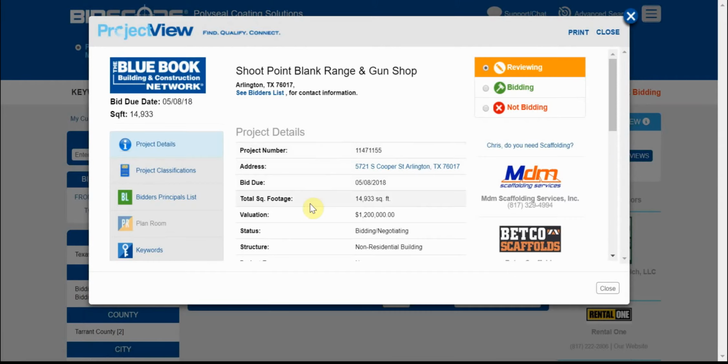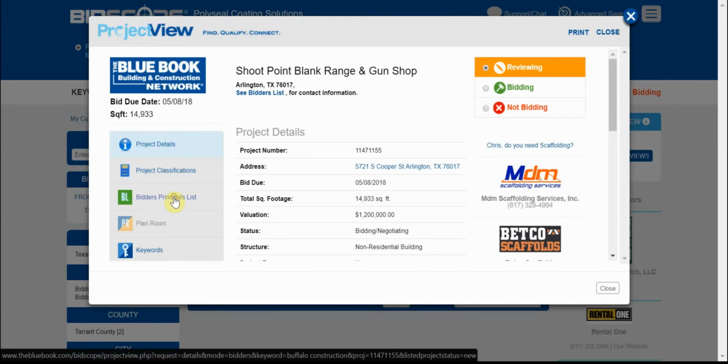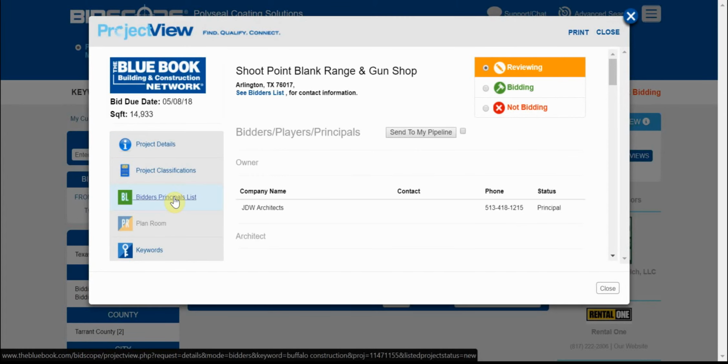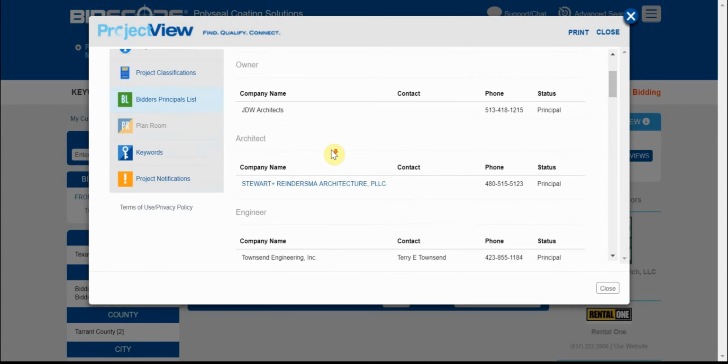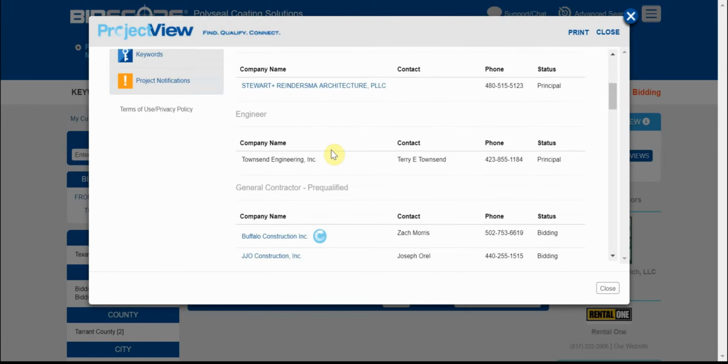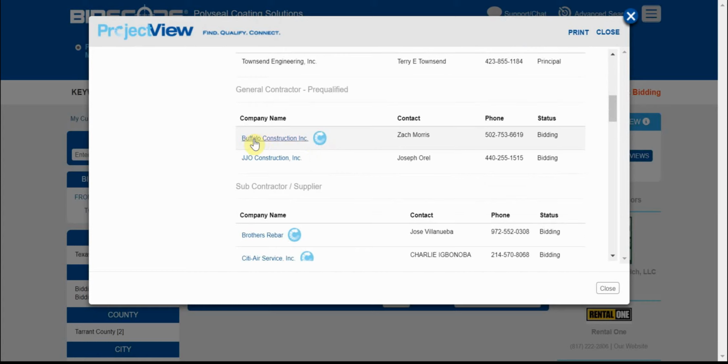Once we're inside the project, we're going to go over here to the bidders and the principals list and open that. And within the bidders and the principals list, you can see the players on the project. So we're going to scroll down until we find Buffalo Construction so that we can see exactly what their role